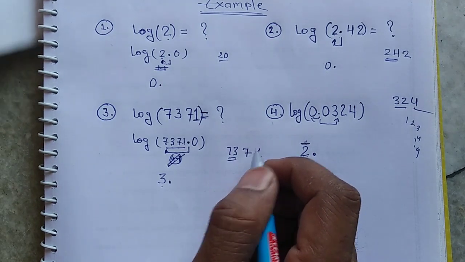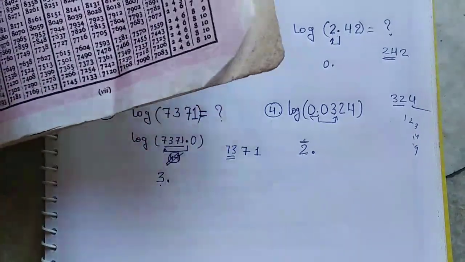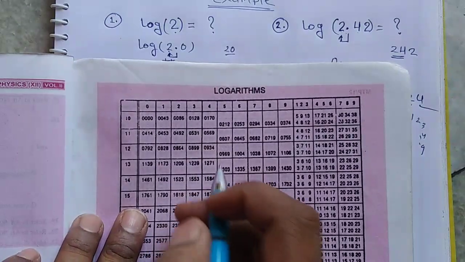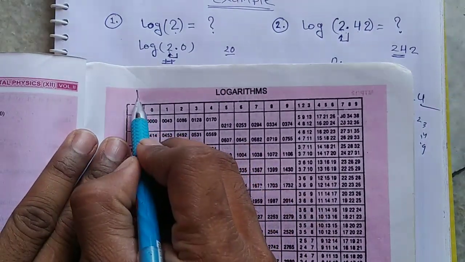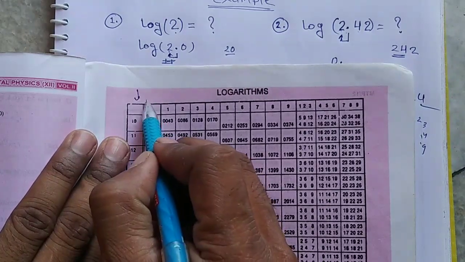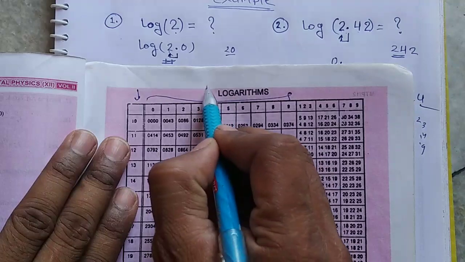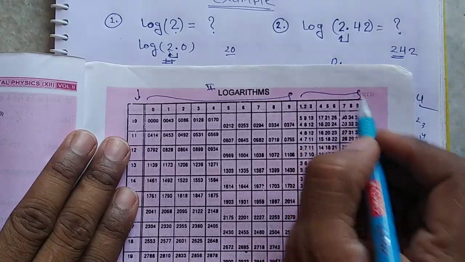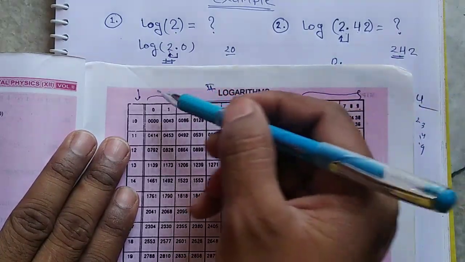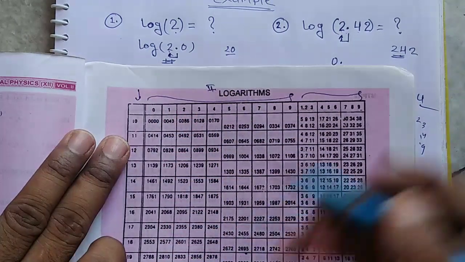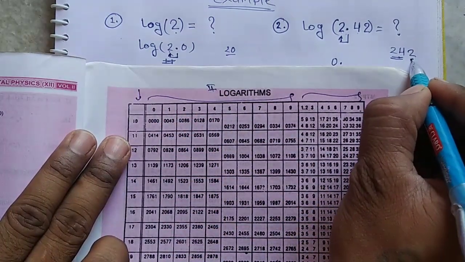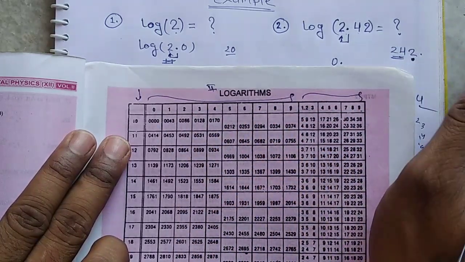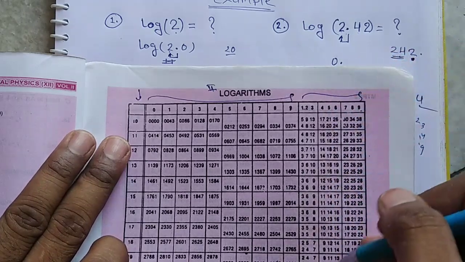So now we need our log table. Look at this log table. It consists of three major columns. This one is the first column, 0 to 9 is the second column of the logarithm table, and this is the mean difference column, 1 to 9. The pair of the first two digits is always looked up in this first column, the next digit is always looked up in the second column, and if there is one more digit, that will be seen through the mean difference column.